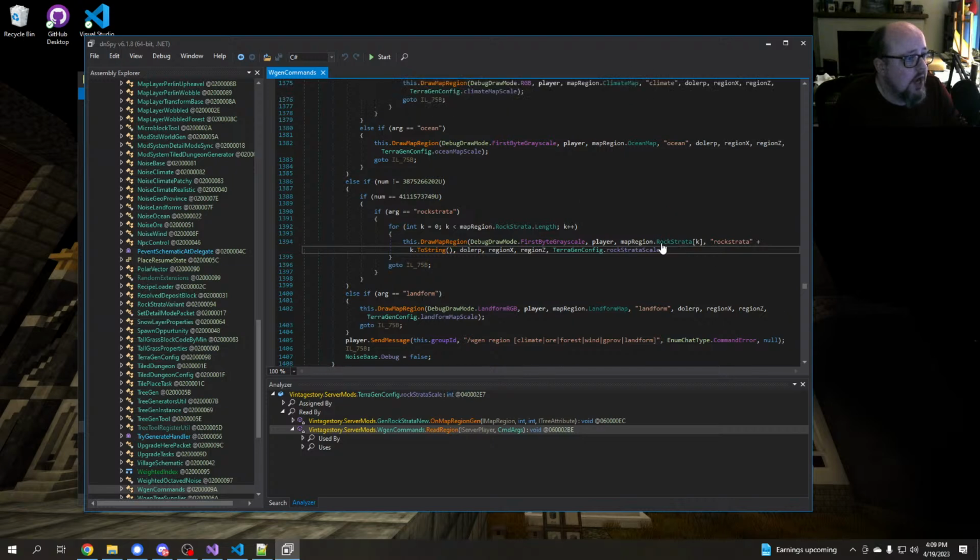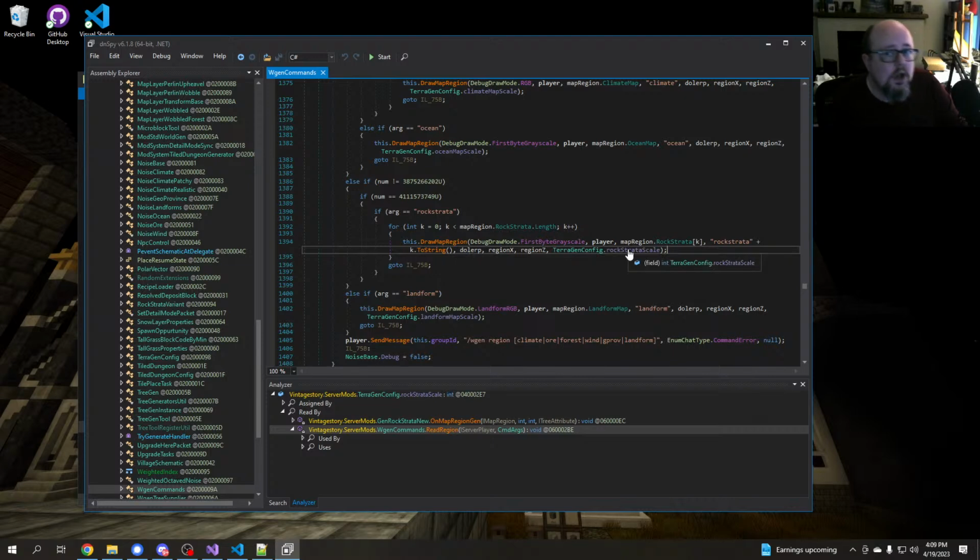So this is the rock strata command that I just tried. Arg equals rock strata. First byte grayscale map, rock strata K, rock strata, to string, rock strata scale, draw map region,